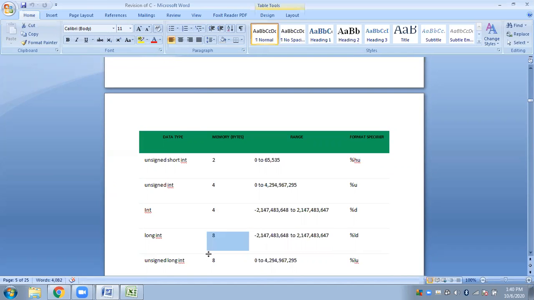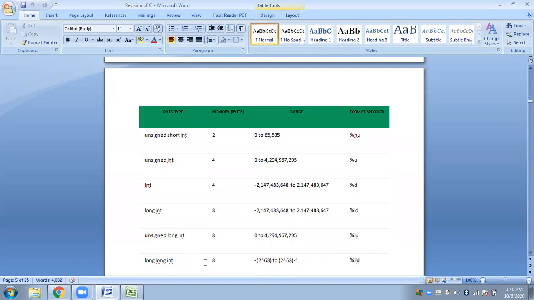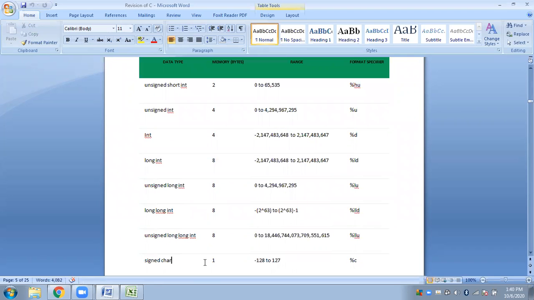Next we have, actually this is wrong. This value is wrong.